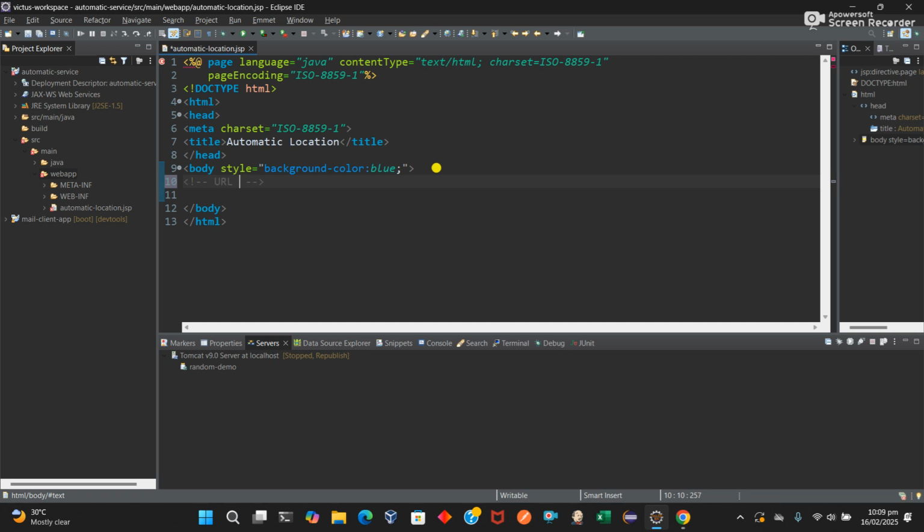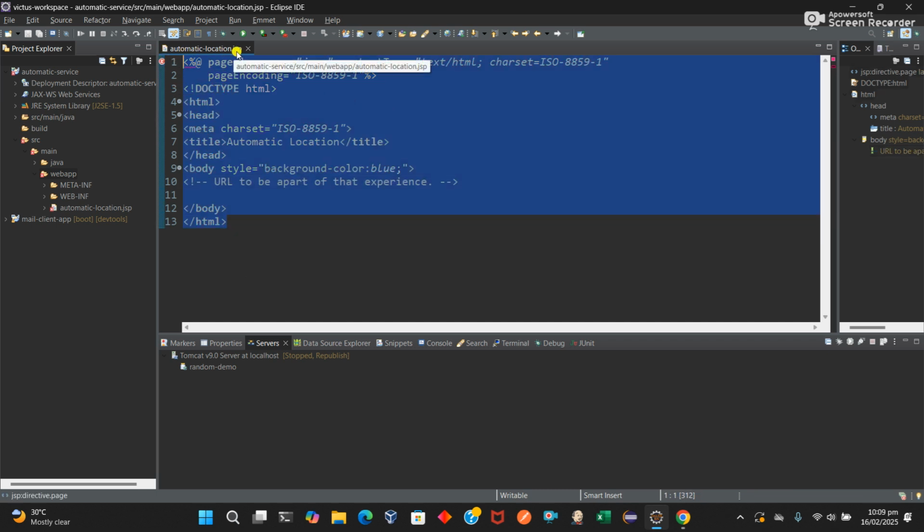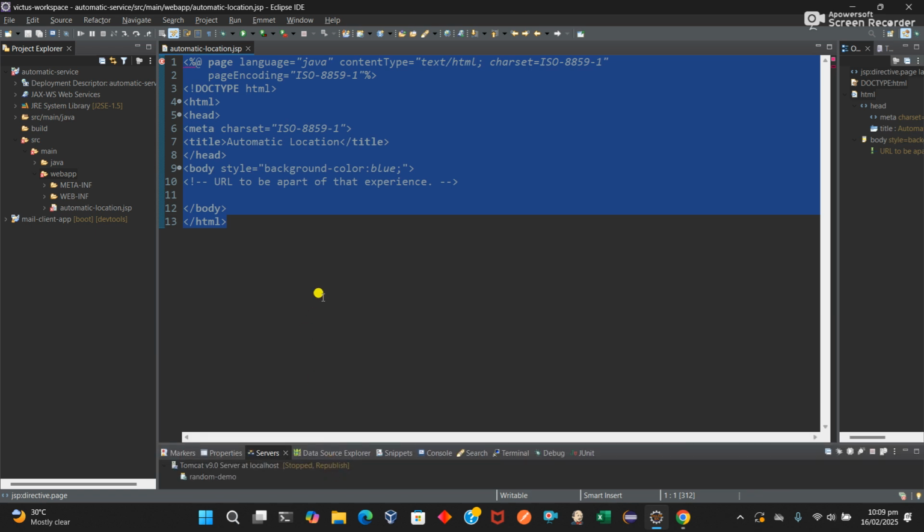We want to use a URL to be a part of that experience. But we don't want to be inside or have any interface blocking us. As it stands now, when we develop it as a page, it's a page. A page will definitely have some form of interference, or it kind of blocks you from actually having access to that resource, because it's a page. It's not a URL, but